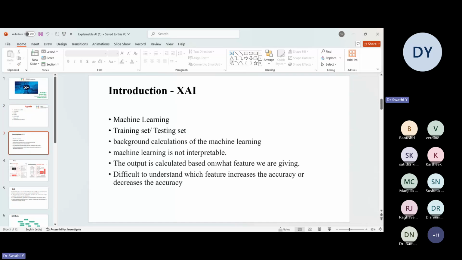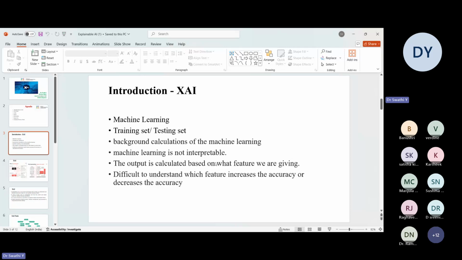So coming to explainable AI. We all know that machine learning models, whatever we have used, operate as black boxes because internal workings are not easily interpretable. Whatever machine learning models we develop are all considered black boxes because we don't know what exactly is happening internally. And the calculations behind these models are also very complex. Even with the features we provide during training, the output is generated based on them only. Everyone knows it is very difficult to determine which features contribute to the model's accuracy and which features are not giving correct accuracy.